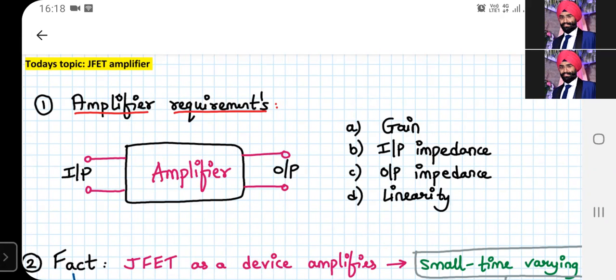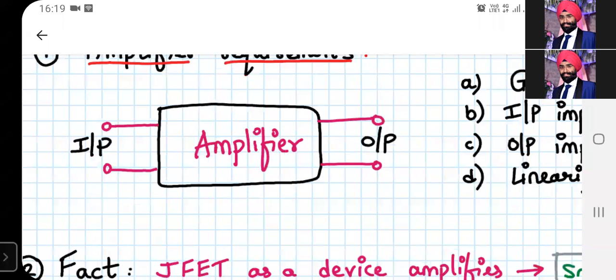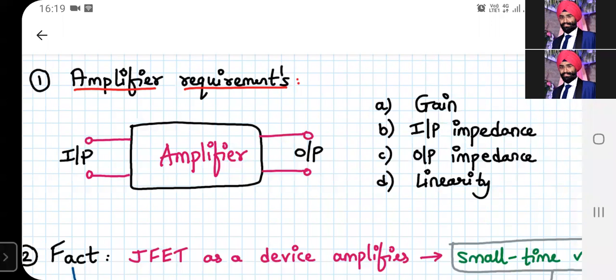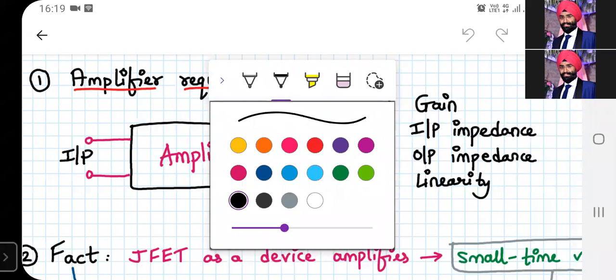Now, what do you understand by amplifier? An amplifier is something which will have an input and an output. So what are the requirements? I've written down the requirements as gain, input impedance, output impedance, linearity. What do they mean? Instead of asking you all, I will inform you directly that an amplifier may not always be a voltage amplifier. In your curriculum, you are studying voltage amplifier, no doubt,